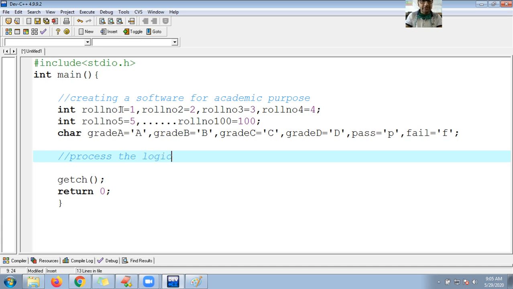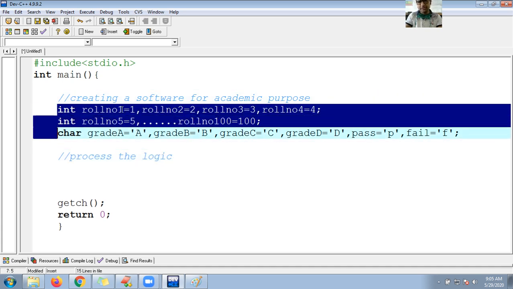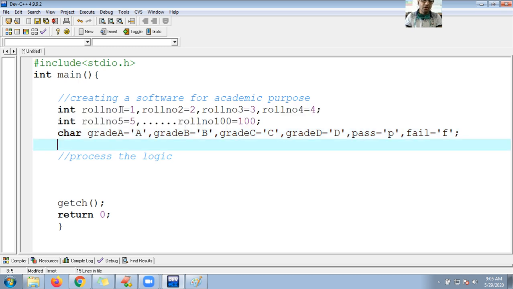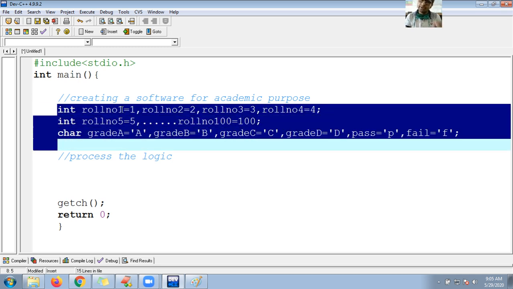So I need to process the logic to work with 100 different roll numbers, 100 different student names, and all the stuff. So is it really convenient? Is it really useful, or really necessary, to create 100 different variables to store 100 different roll numbers? Is it necessary to create 100 different grade variables of type character to store the grade values?